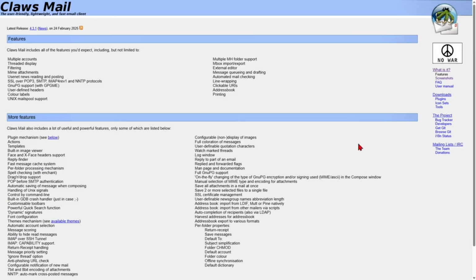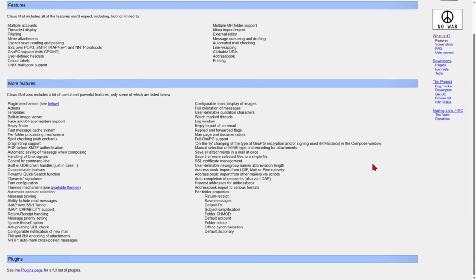Outdated user interface, not beginner friendly, needs setup and tweaking, lacks built-in calendar or contacts by default, fewer integrations. Now, this is best for advanced users who want speed, control, and simplicity over appearance or